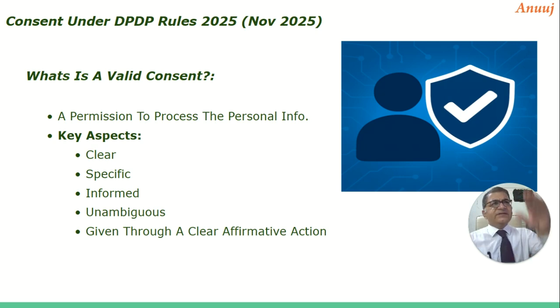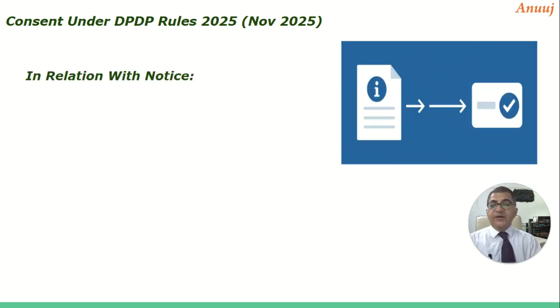It should not be that these are the 10 points. Are you okay with them? Accept all. And then there's only a button of accept all. Like I had today in the evening, for a cab booking service, when you try to cancel the cab, the next screen came up: why do you want to cancel the cab? And the only option given was "please don't cancel," right? So I kept struggling with that for 10 minutes to get that sorted out. So consent should be very clear with affirmative action.